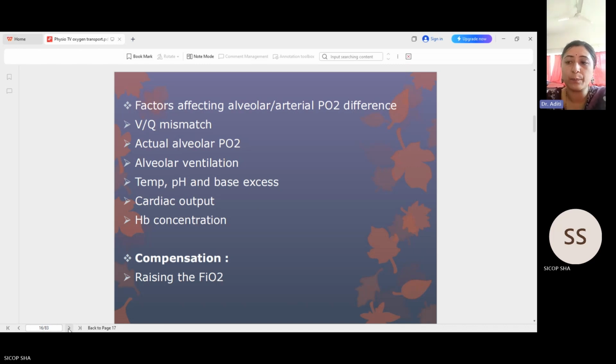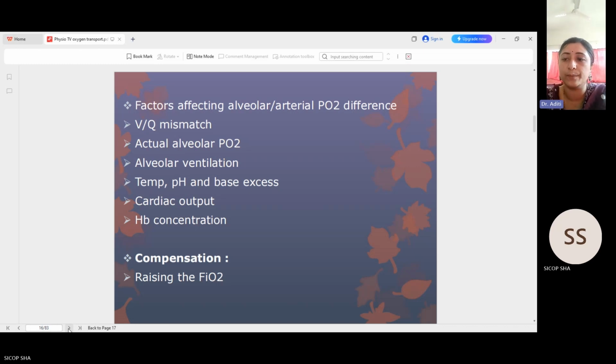So actual alveolar PO2, alveolar ventilation, temperature, pH and base excess, the cardiac output, and also the hemoglobin concentration. So all these factors can directly or indirectly affect the alveolar arterial PO2 difference. In most cases, if this difference increases, one of the solutions is increasing the FiO2